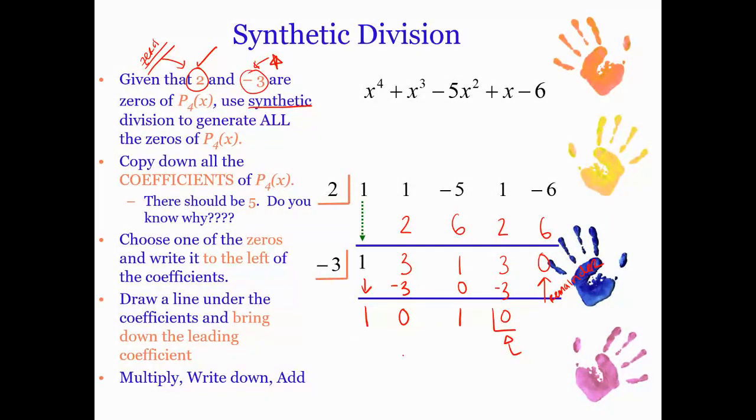So I now, right here, have x squared plus 0x plus 1, or I have x squared plus 1. Does this factor anymore, right? If it did, this would be a really good place for me to factor, or to solve. Right now, I can re-express this. I basically have x minus 2 times x plus 3, take my zeros and write them as factors, times x squared plus 1. These are equivalent, right? These are both p of x